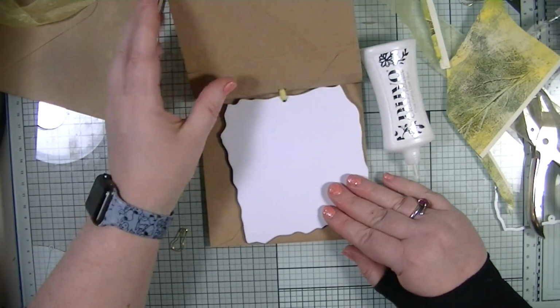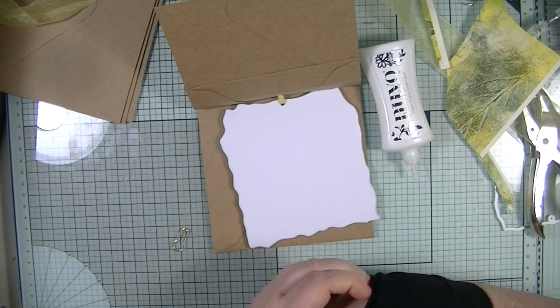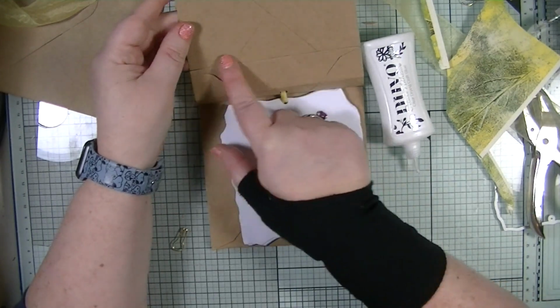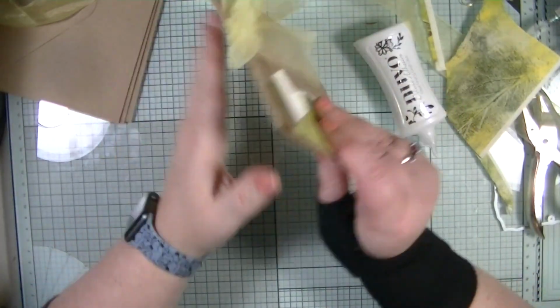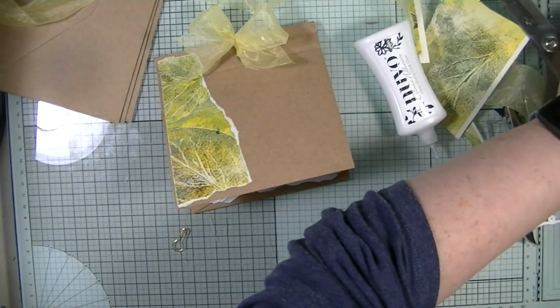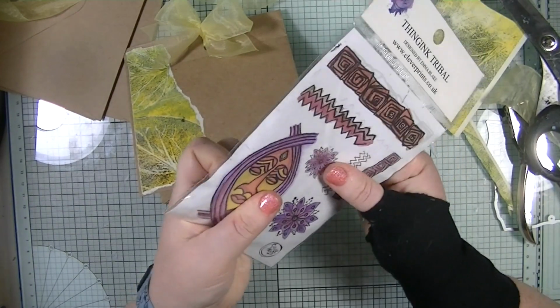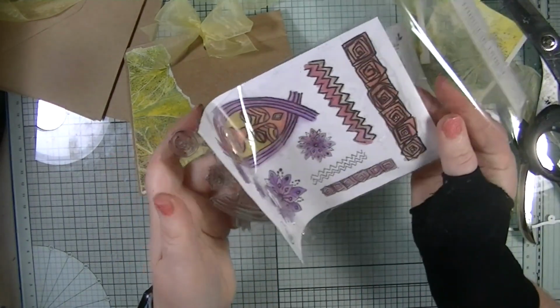And then I think I want to cover the inside of that. Definitely, actually, just because it doesn't look very nice. Oh, I love that. I don't really want to add too much more to the front. I think it literally is just going to be a bit of stamping now. So what I'm going to do is use